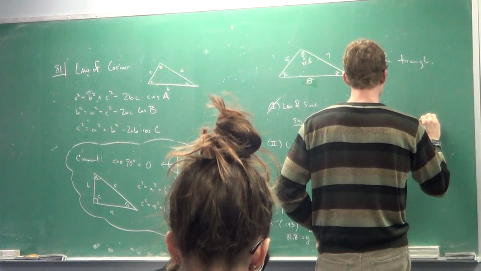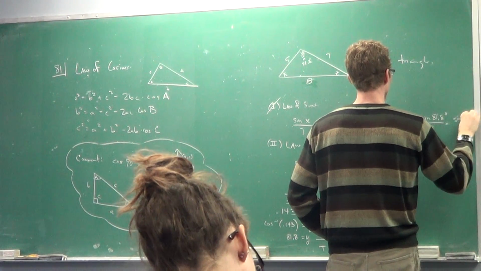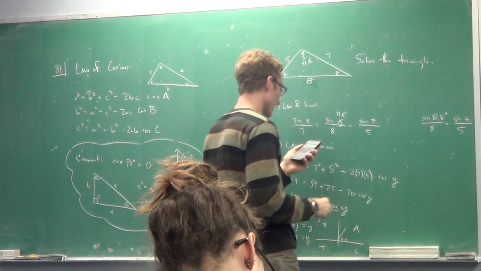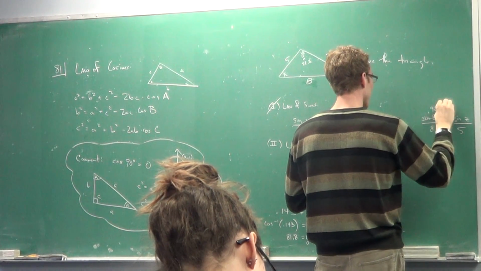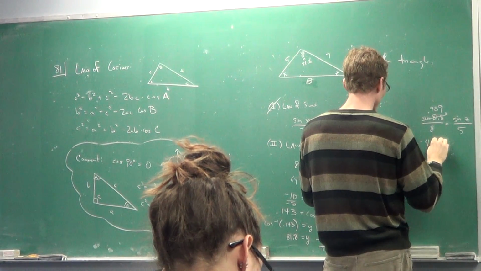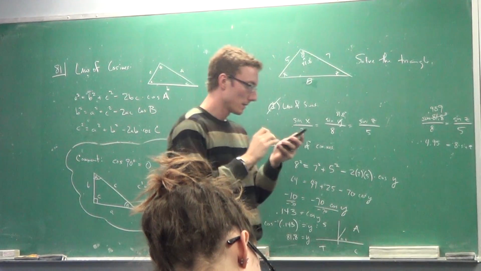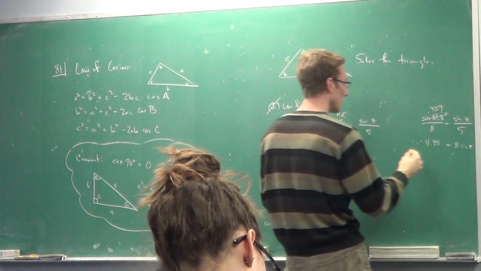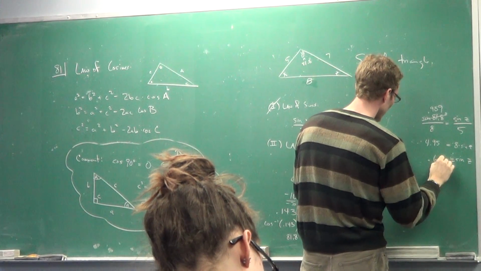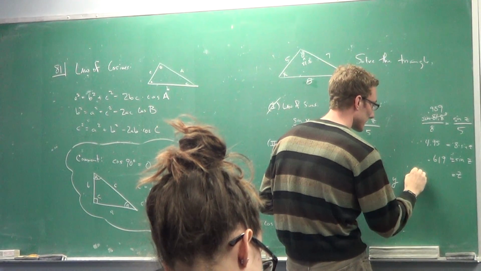And when you do this, you'll have sine 81.8 degrees over 8 equals sine z over 5. You can cross multiply there. I'll first take the sine of 81.8. That's 0.989 multiplied by 5. We'll get 4.95 equals 8 times the sine of z. We'll divide both sides by 8, and we'll have the sine of z equals 0.619. Thus, inverse sine, z is